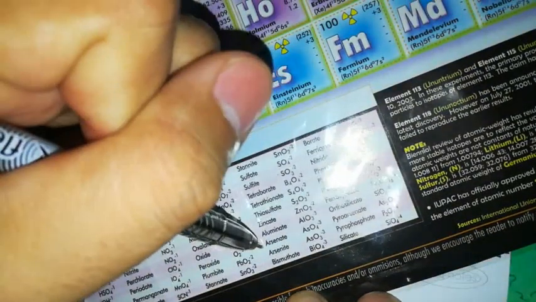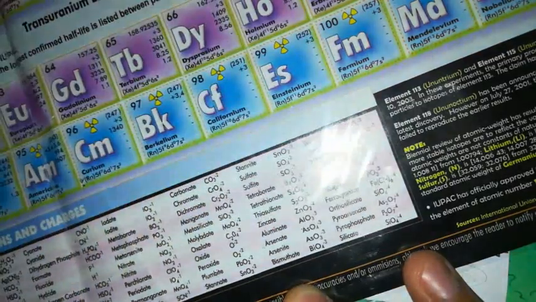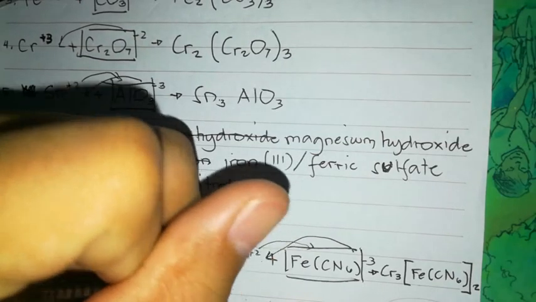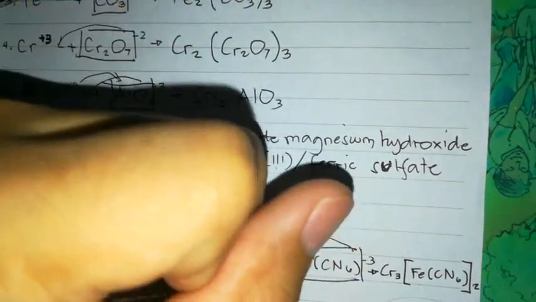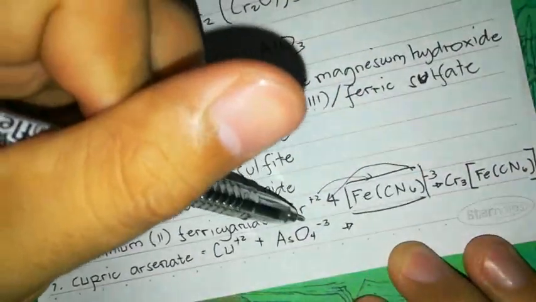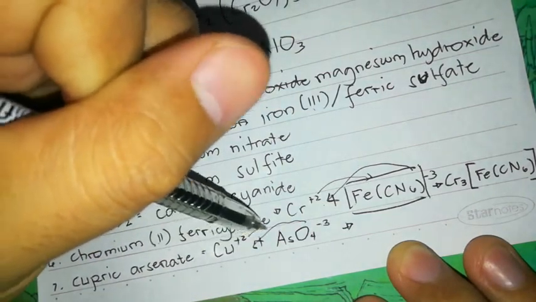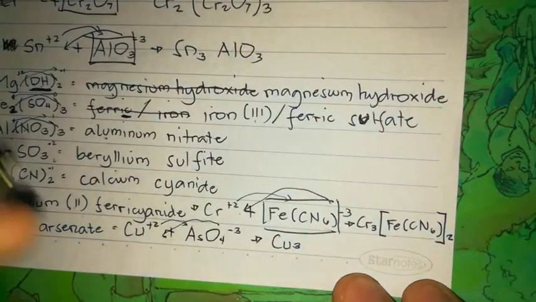So, si arsenate, ang kanyang formula daw is AsO4 negative 3. So, ang mangyayari is magkakaroon ng exchange. Yung 3 ni AsO4 mapupunta kay copper, yung 2 mapupunta kay arsenate. So, it will become Cu3 galing sa arsenate. Tapos,